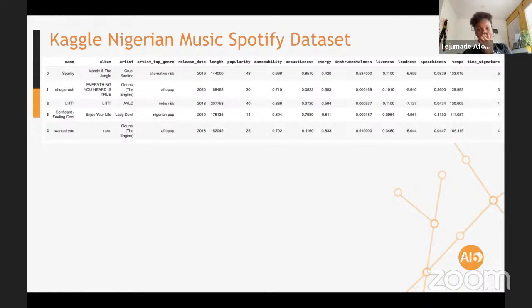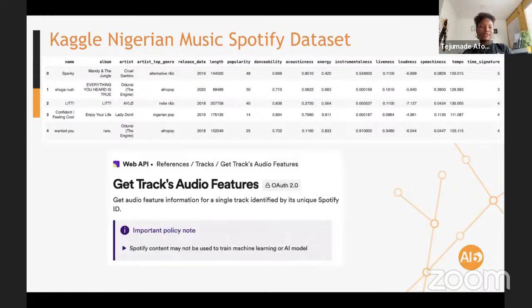This is in milliseconds, by the way. How popular the song is, whether or not it's danceable, and so on. You can find all of this information in the Spotify web API if you're curious.